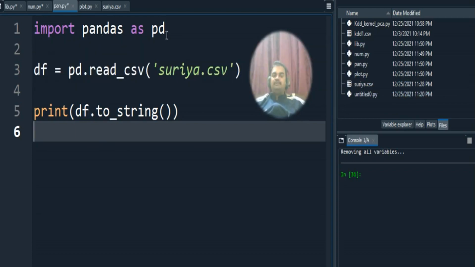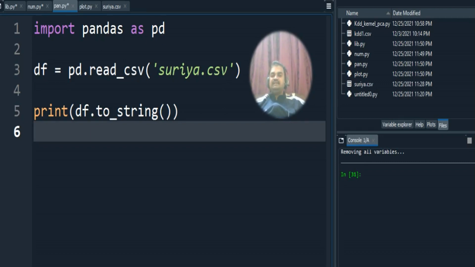We are importing the Pandas package. Pandas is the package name, and for Pandas we create the reference as pd. With this reference we can call the predefined methods inside the Pandas package. What predefined methods do we have? read_csv is a predefined method, and we can use further methods as well. A lot of methods are there, but the important method is read_csv. This is for reading CSV files from a particular file location.